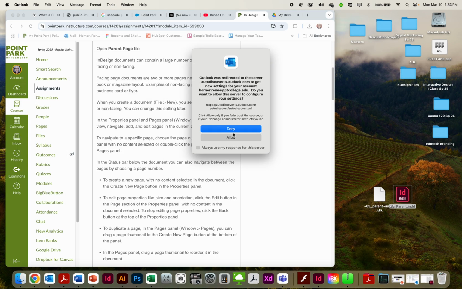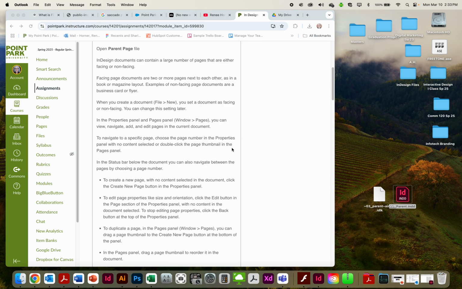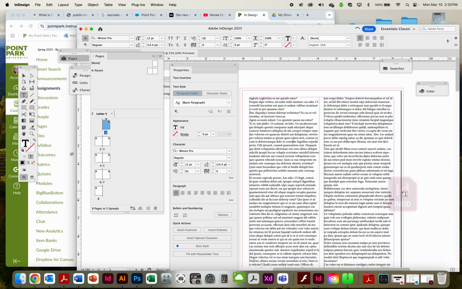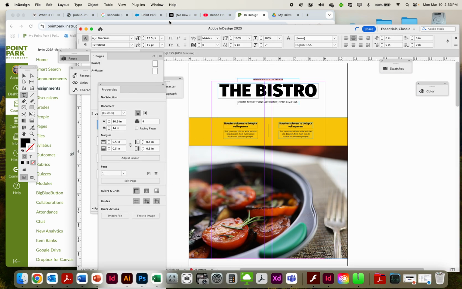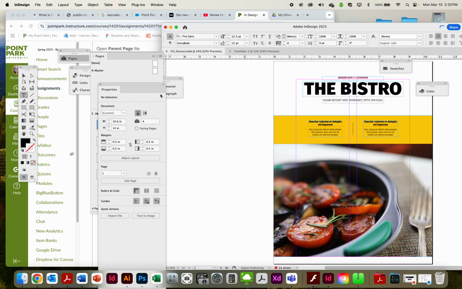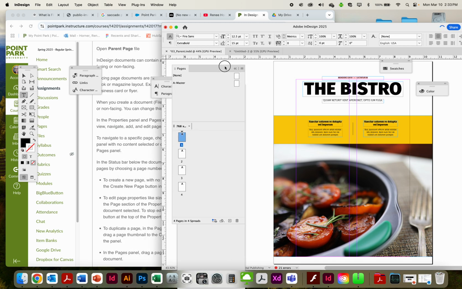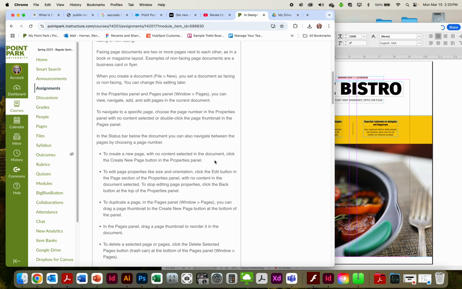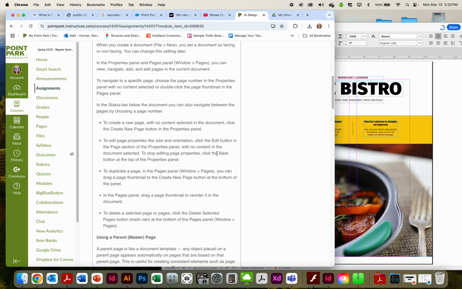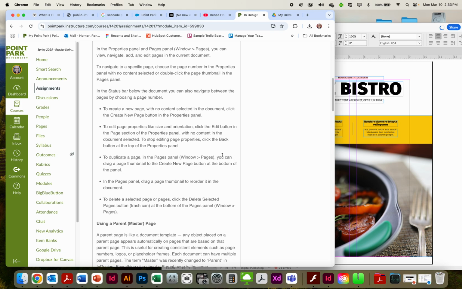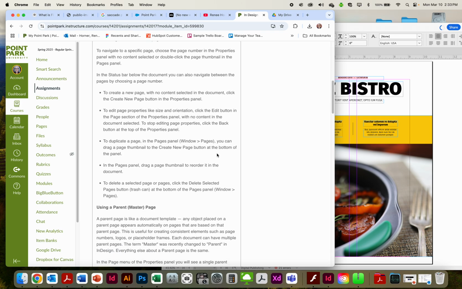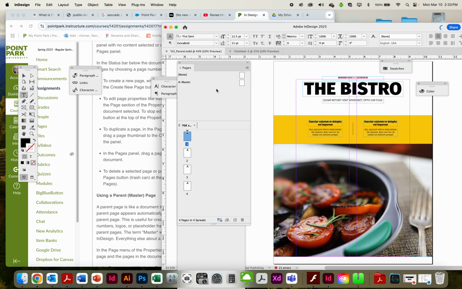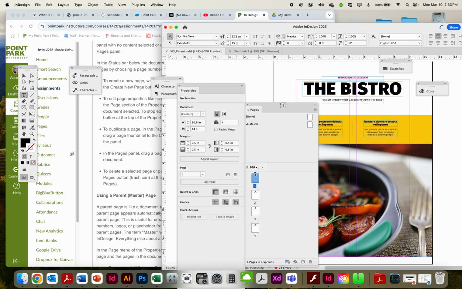Okay, so let's get rid of that. So when you open this parent page file that's already set up, you can see there is no bleeds. I would probably add bleeds, but that's just me. We've gone over parent pages in the previous lessons. You can always go back and review that if you need to. You can also do a lot with this properties panel,